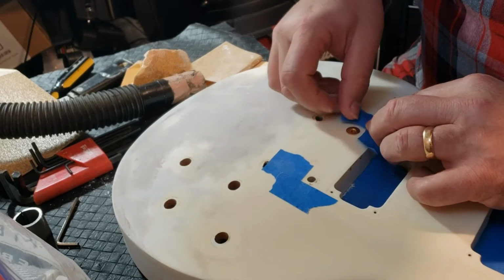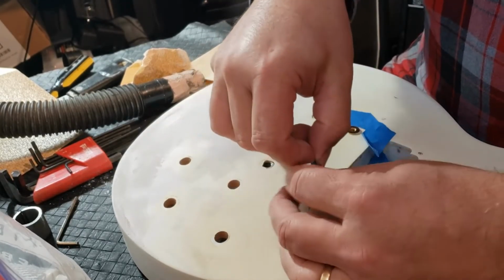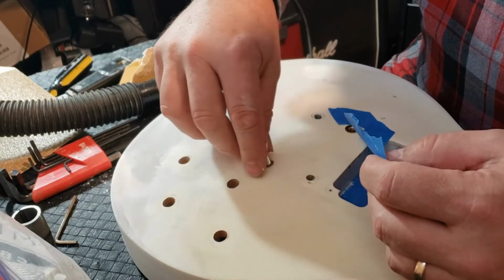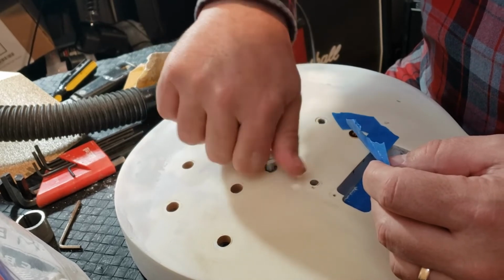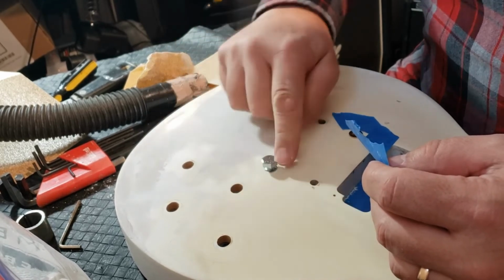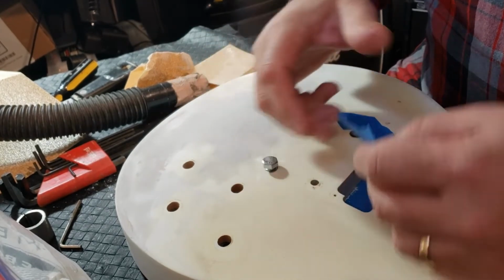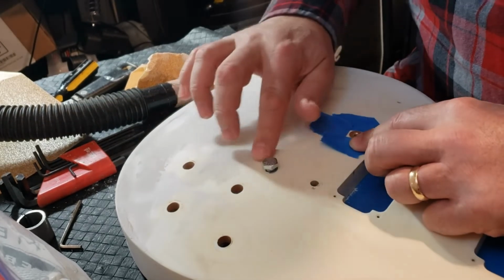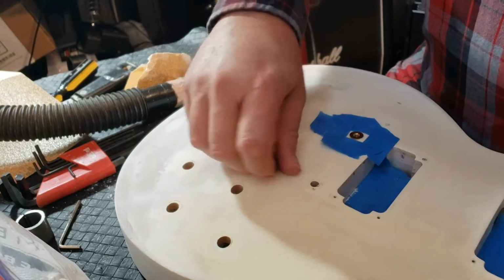So we'll do the other one here, and I also got some bolts that, when it comes time to spray and whatnot, I'm just going to throw in here like so, to stop any paint from getting built up in there. While I'm still sanding, I think I'll take that out, but to remove this,